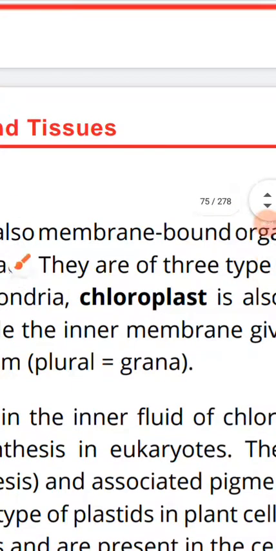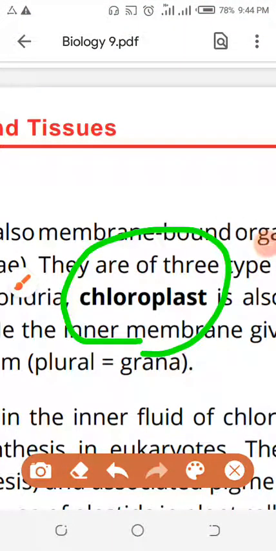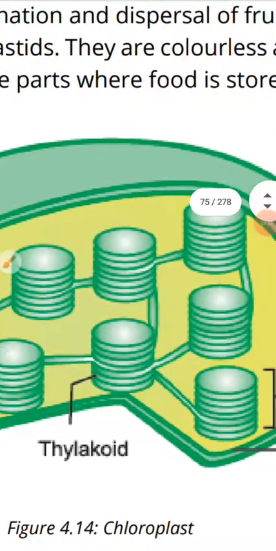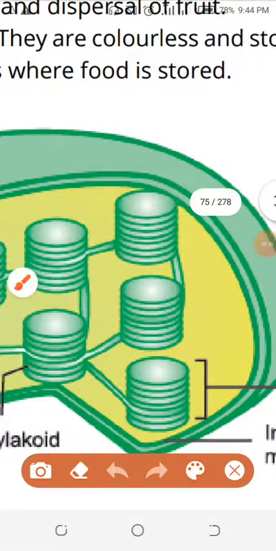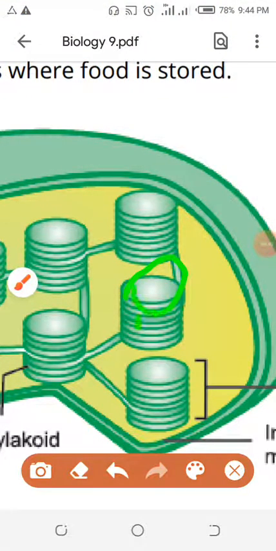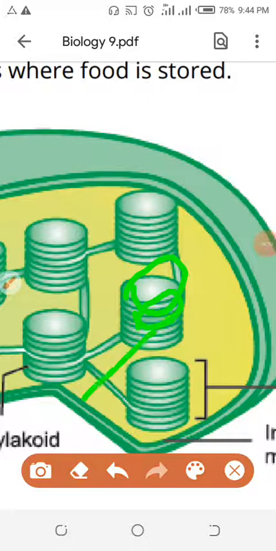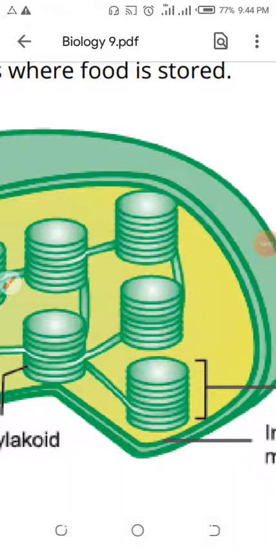So example of the plastid, chloroplast. I told you that the important plastid in the plant is the chloroplast, which is involved in photosynthesis. The structure of the chloroplast is so important. It looks like a plate-like structure. Are you watching this plate-like structure? And they are stacked upon each other. Look here, this is one plate, this is another plate, this is the third plate. What are these plates? These plates are composed of membranes.